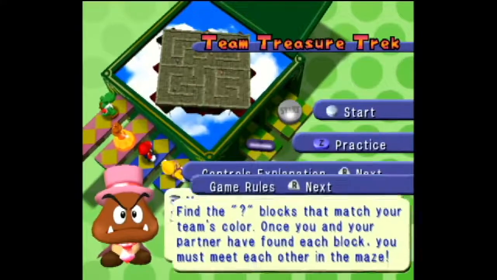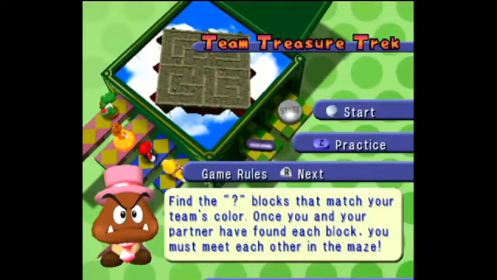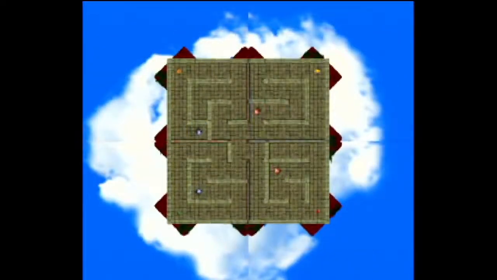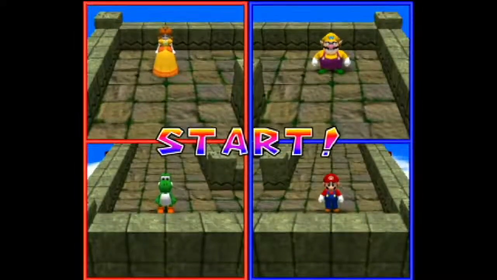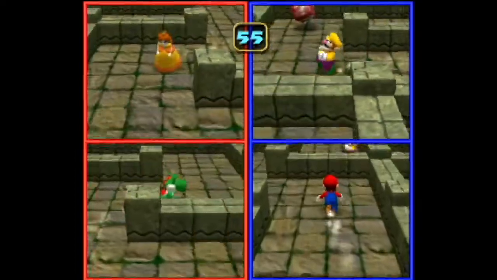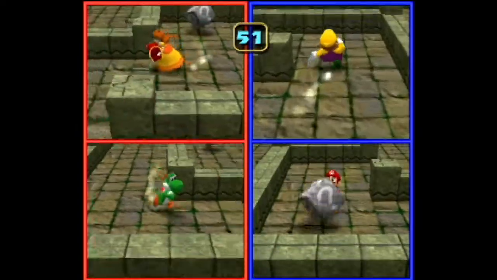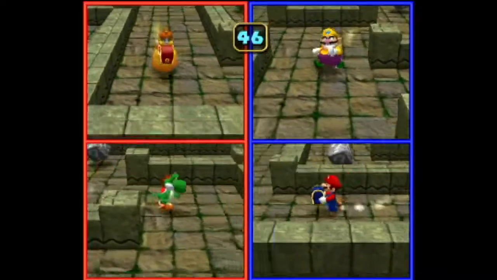Team Treasure Trek. This one is going to be a thing. So basically, we have 2 treasure chests on opposite sides of our starting area in this huge maze. We have to find them and then reach our teammate. Daisy found hers, I found mine, so this is...